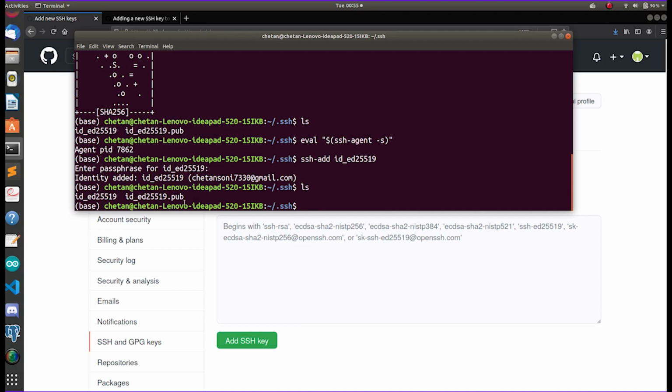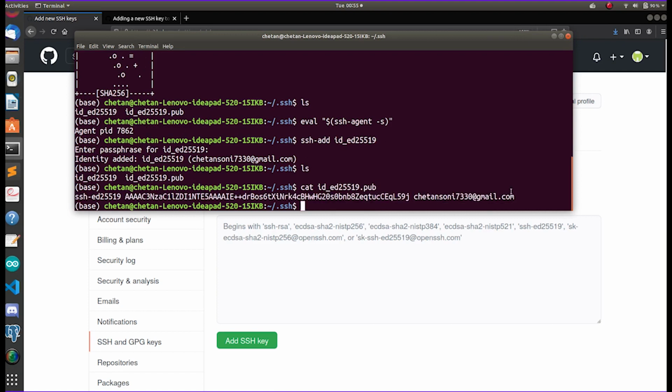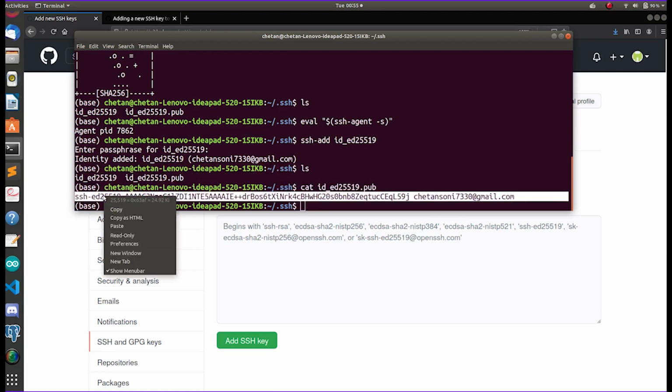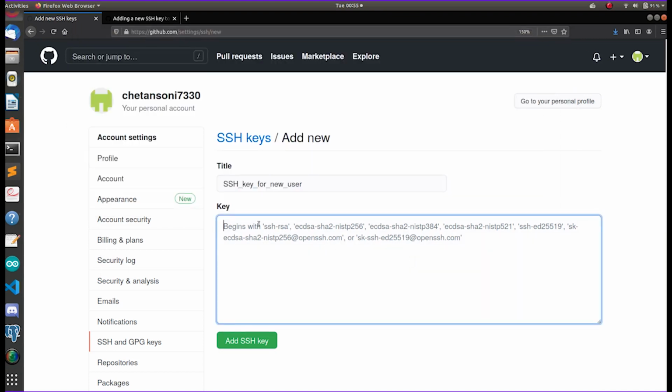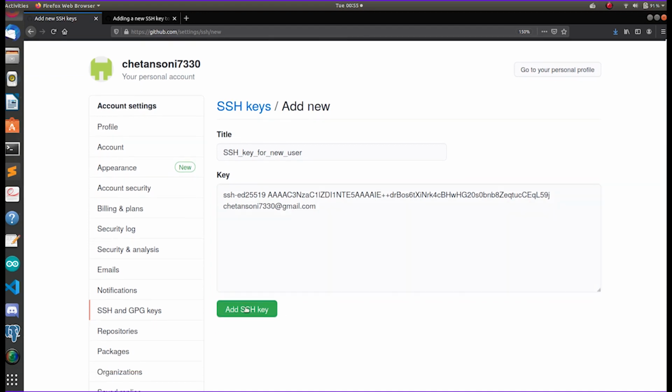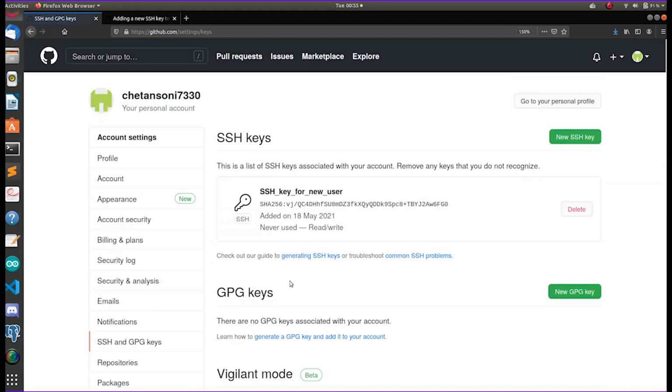Here we have this id_ed25519.pub, so this is our public key. Let's check what is present inside it. This is our key. Just copy this key and paste it here, then add. You can see that we have successfully added our public SSH key to our GitHub account.